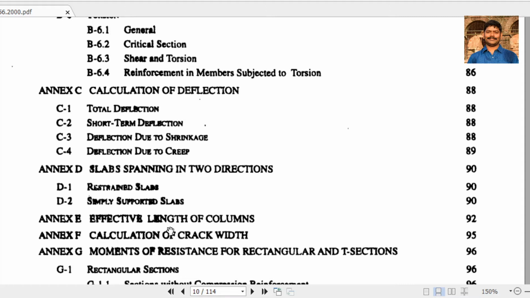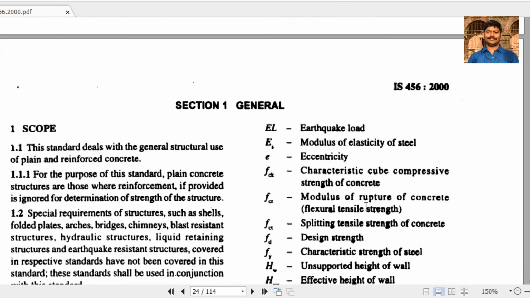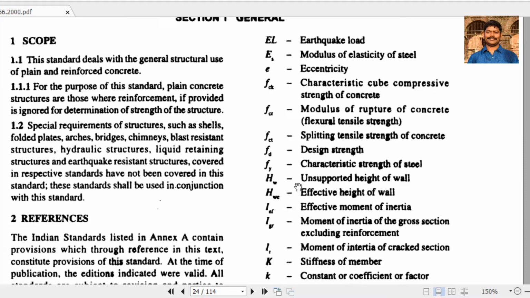So overall you can see that Section 1 deals with the symbols only. The important part is the symbol. Section 2 is material. In today's class we will discuss in more detail the various parts of Section 2. Section 1 is the symbol, so if you have doubt about the various symbols used in the equations in different sections or different clauses, you have to come to Section 1.